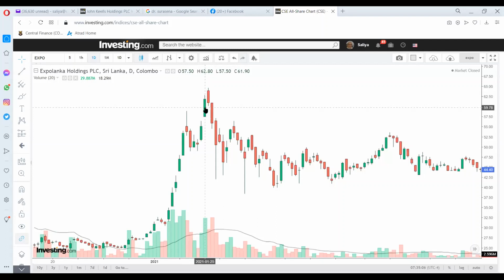Hit, this is equal to 57.50. The low went up to 62.80, closes at 61.90, right? And then the next day it opens higher, right? So we have to understand, if we are wanting to study the charts, it's not just